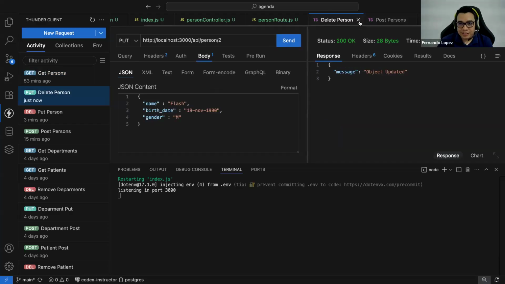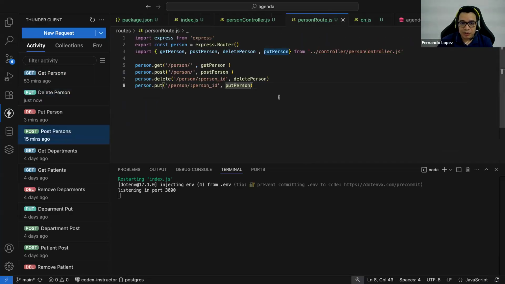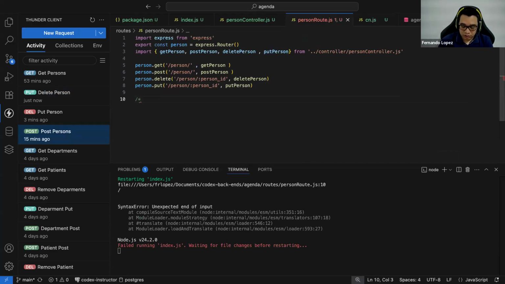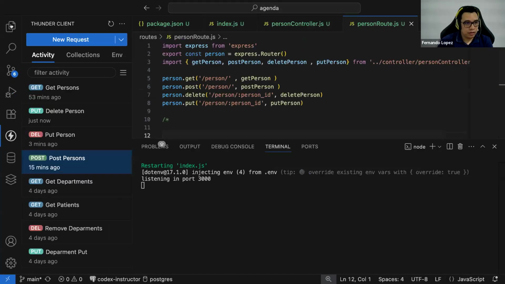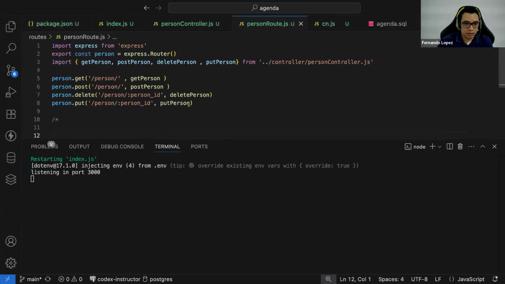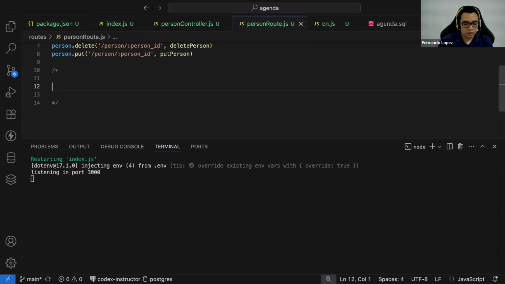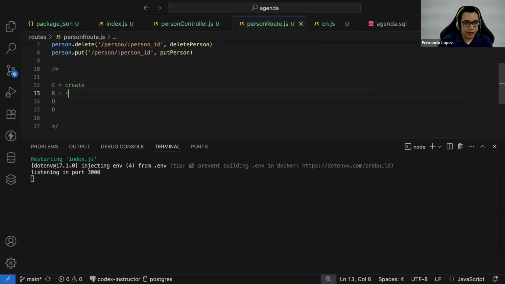Now, this is like a common CRUD, okay? Let me explain you something. Let me hide this. CRUD represents the words create, read, update, and delete.